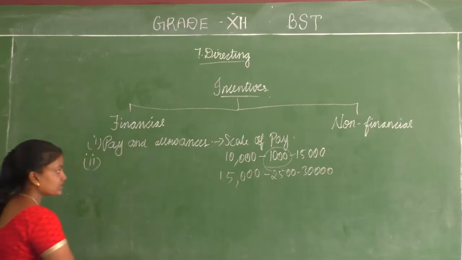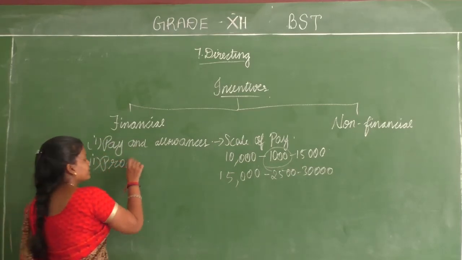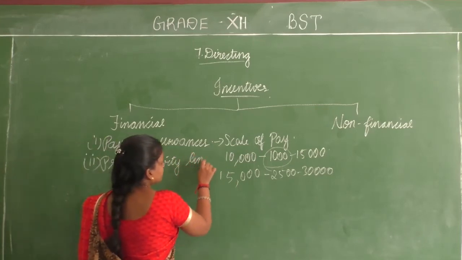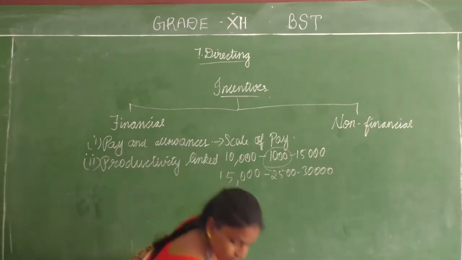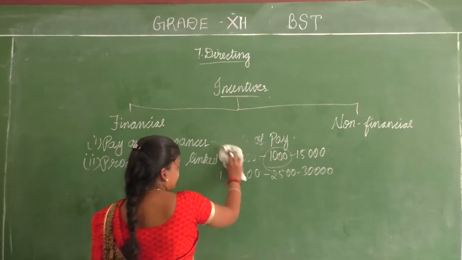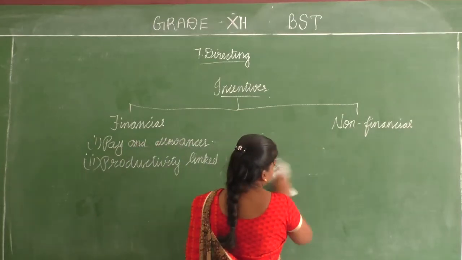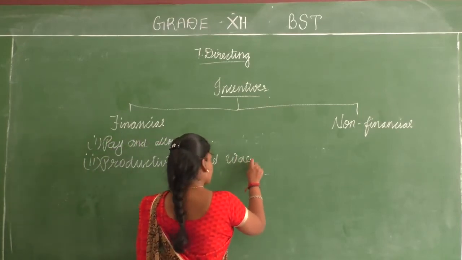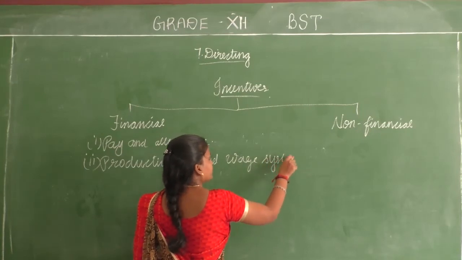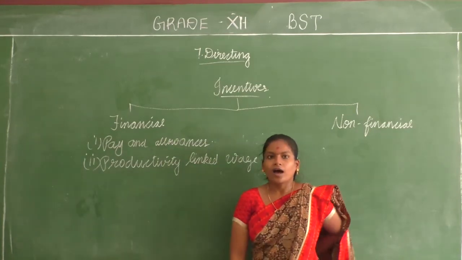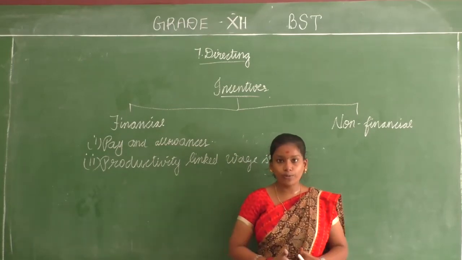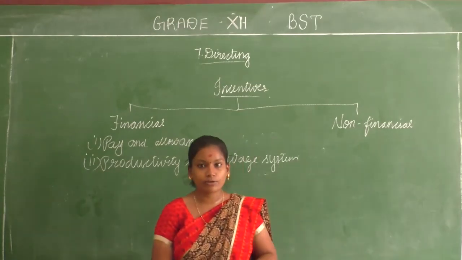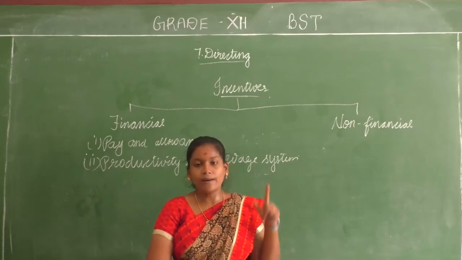Productivity linked wage system. Do you recall this piece-rate system? Right? So, productivity linked wage system is where, according to the goods that you produce, you get paid. We saw this as the piece-rate system in principles of management. So according to